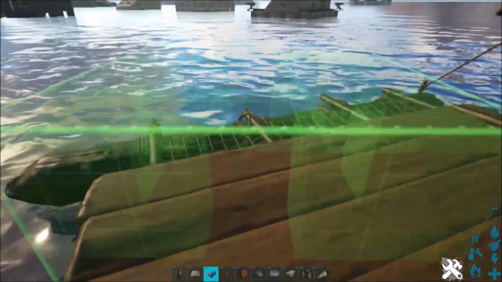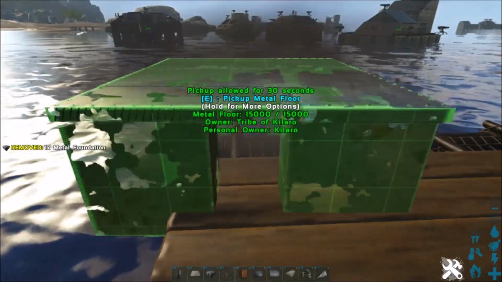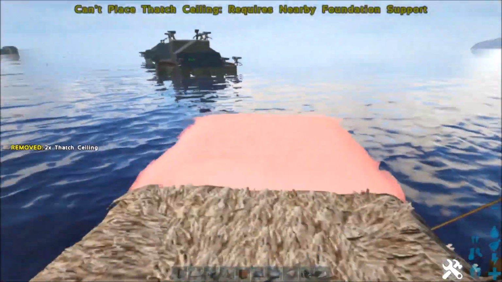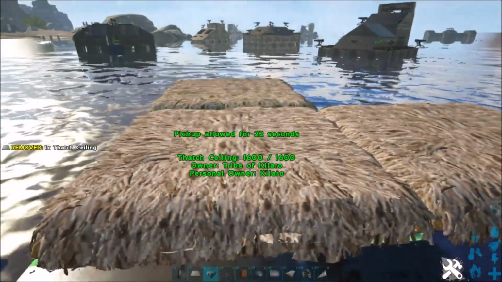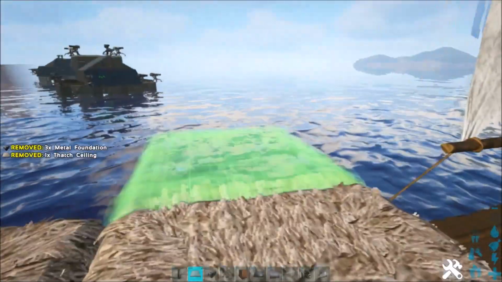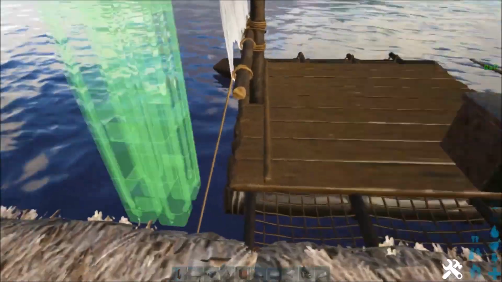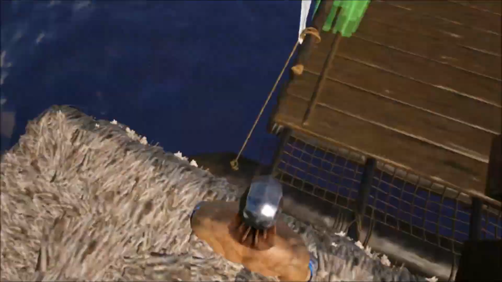Alright, first thing we're going to do is we're going to build a wooden foundation coming off here. We're going to destroy this in a minute, that's why we would. And then a couple of these. Wood under there, some more. This is just so we can build this thing. And then more wood. Alright, and I think that'll do us. Now we can